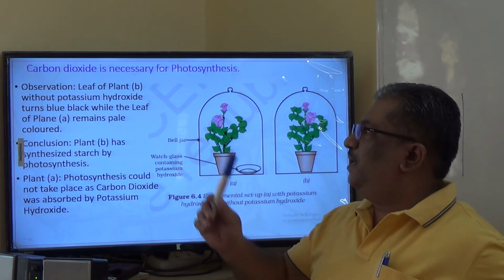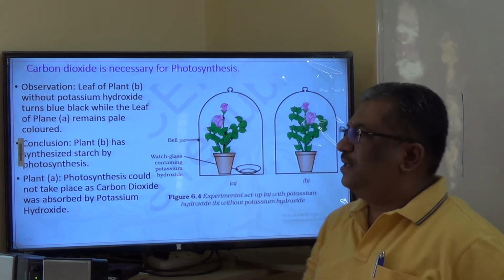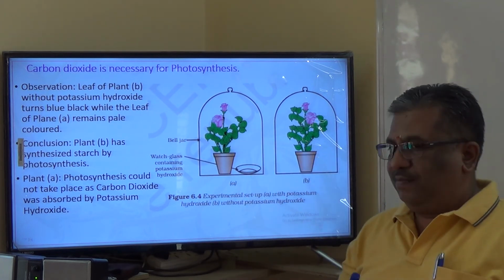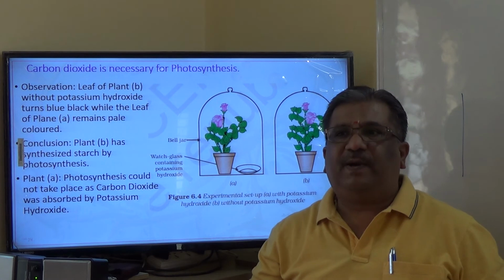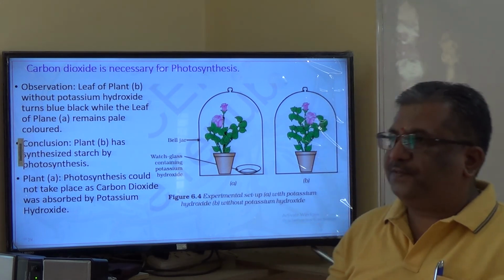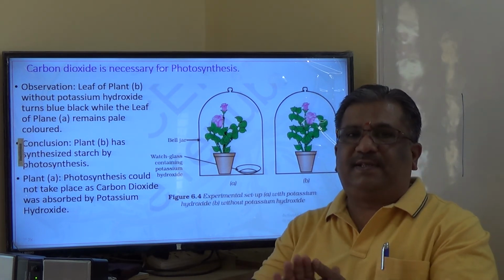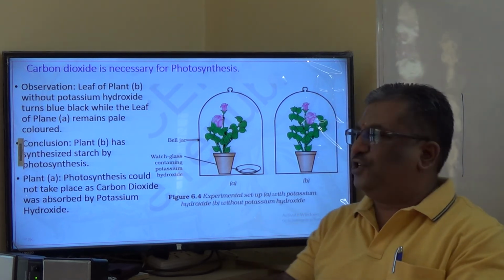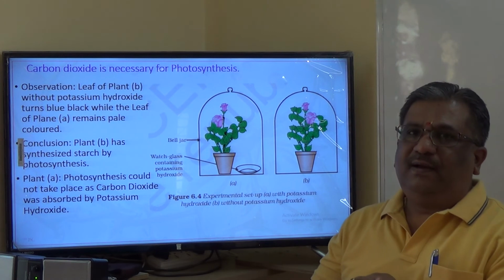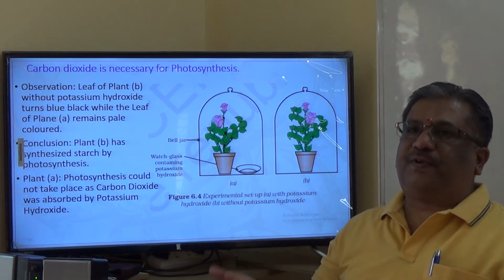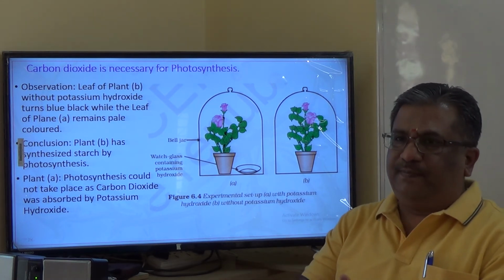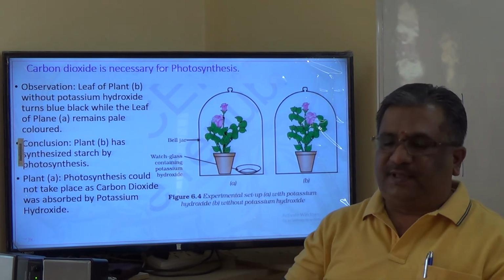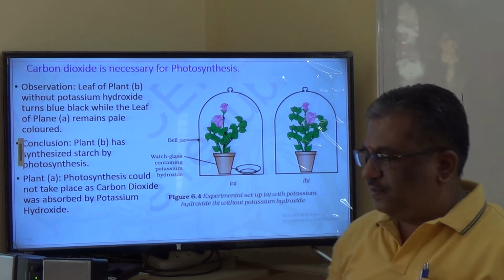There is one more activity given in your textbook, that is, carbon dioxide is necessary for photosynthesis. Very important activity. See, one of the raw materials used for photosynthesis is carbon dioxide. How do you show that carbon dioxide is an essential raw material, without which photosynthesis cannot be performed? That means carbon dioxide is necessary for photosynthesis. What we will do here is